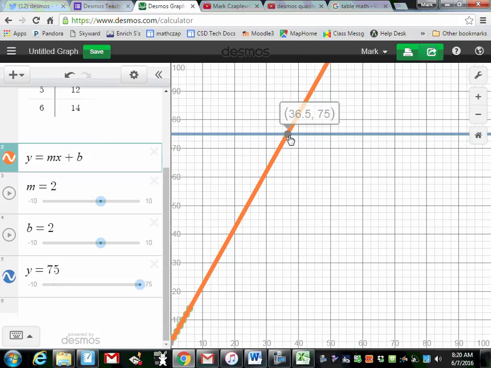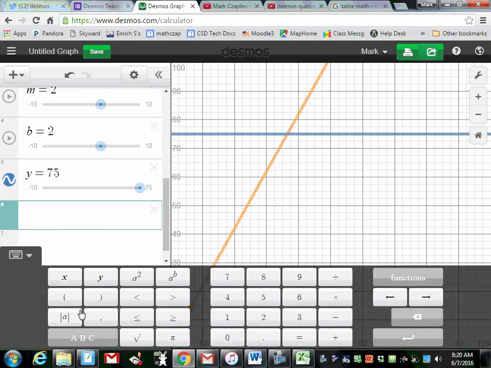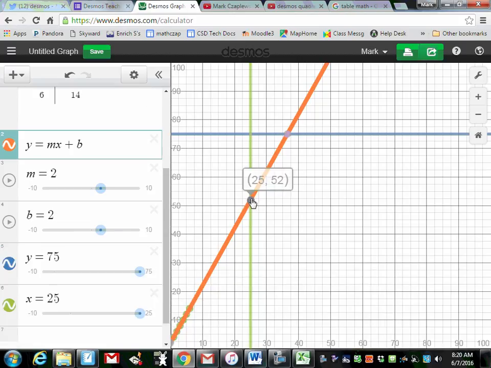And likewise, if you wanted to make a prediction with your x values and say, okay, my x equals 25, then I have 25 tables, and that'll allow me to fit 52 people with this model. This is just a quick little short introduction video on how